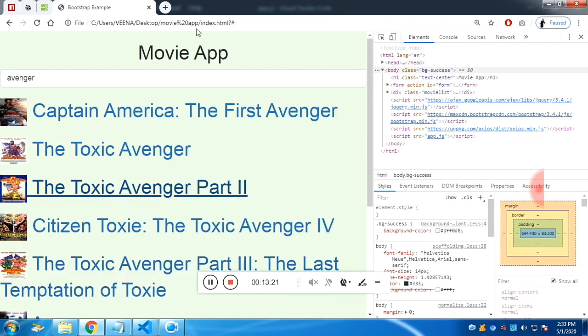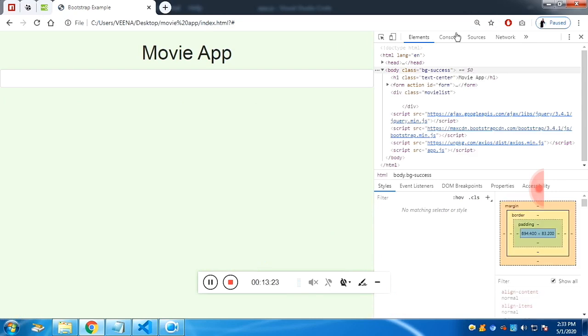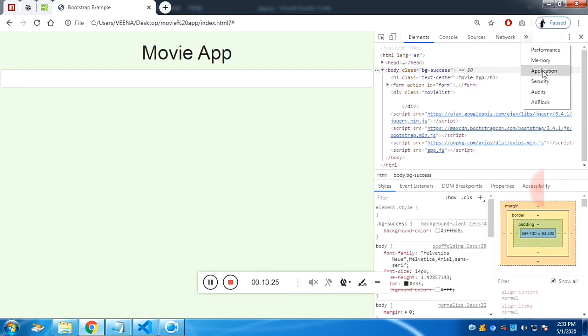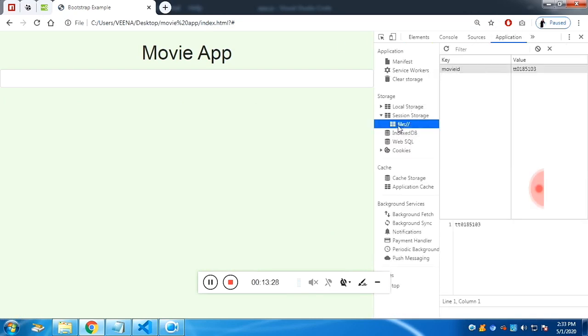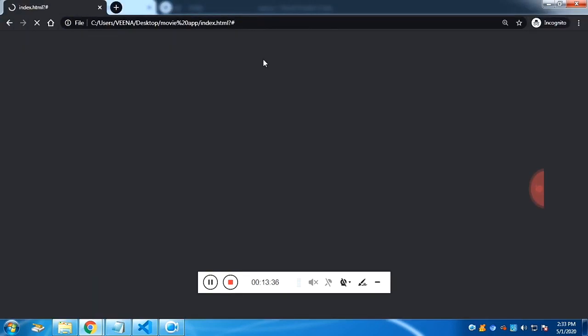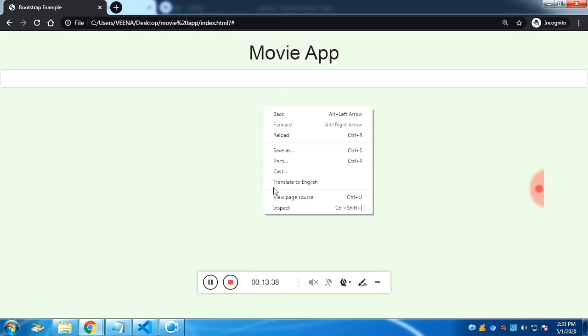Let's check this session. Get into the application. You see there is already a value set, yeah, because it was a tutorial I have created before, that's why it's showing. Let's get into the incognito mode, and let's check the inspect.